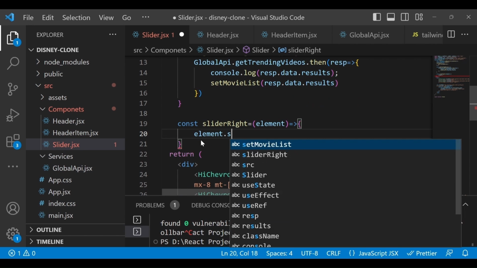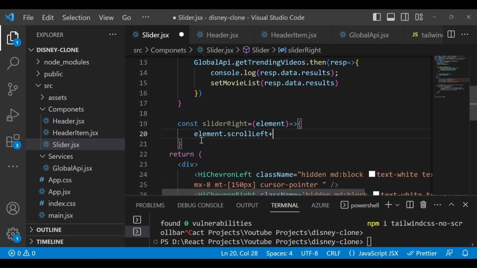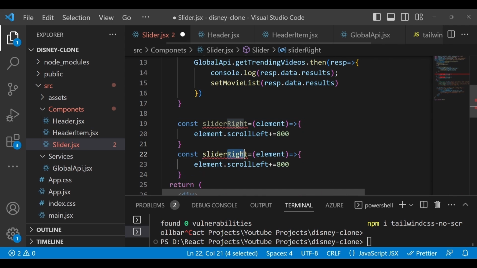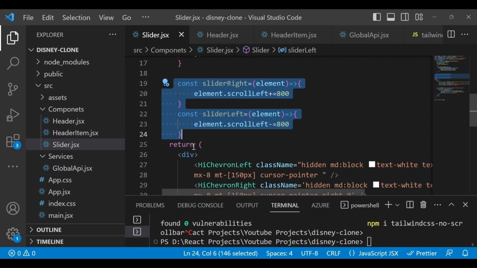So here I can write element.scrollLeft, in this case we want to scroll, and on the left we will add the value plus equals, for example, 800. Okay, and the same thing you have to copy for the left scroll. So you can say sliderLeft, but here now we will do the minus. Okay, so this is very important to understand how it works.